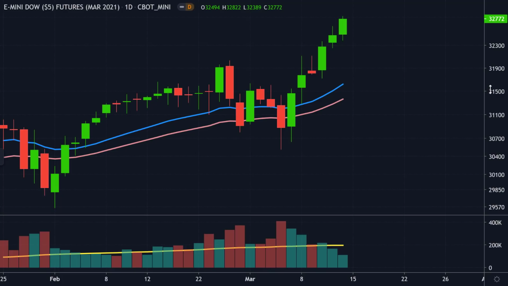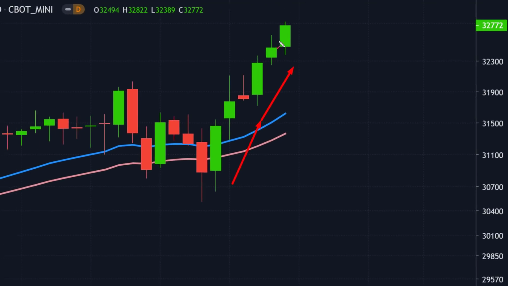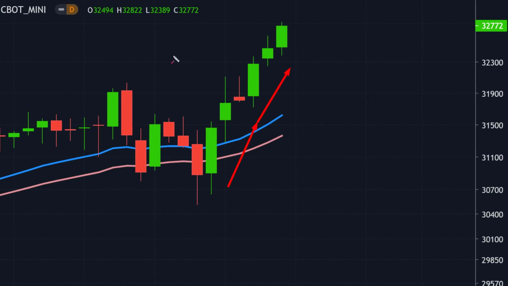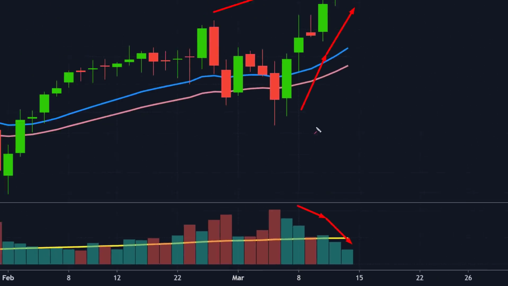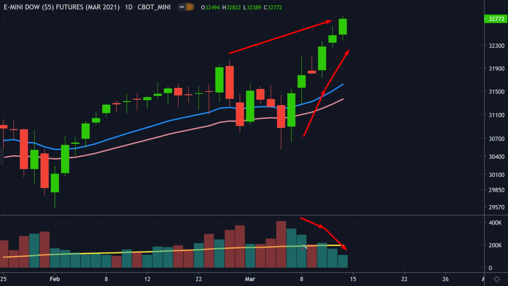Dow Jones Futures. So the chart of the Dow Jones Futures is showing this. We've seen a rally over the last few days, a rally higher in the Dow, making new highs. But look at this, volume is going lower. So we're seeing a rally over the last few days, but it's going higher on declining volume, on lower volume, and in fact, below average volume as well.